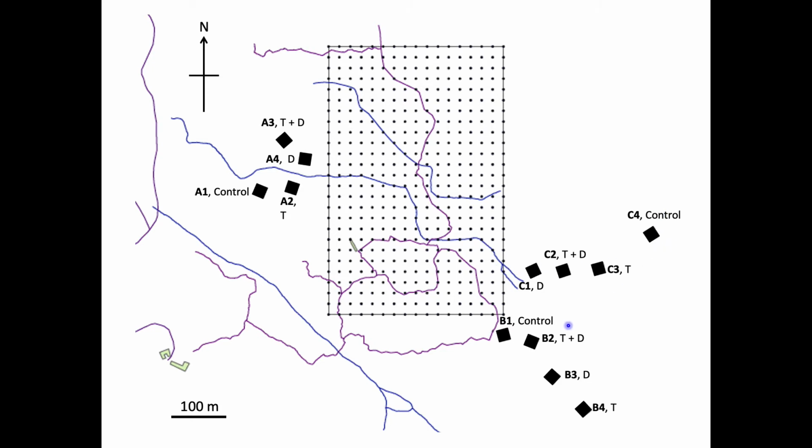So each of these spatial blocks, for one thing, they're located at 2 different elevations. There's upper elevation sites and then 1 lower elevation site. And they're also found on different ridges, and so there may be variation from ridge to ridge that is important. So in this case, we have 3 spatial blocks, and we have 1 representative of each treatment in each block.